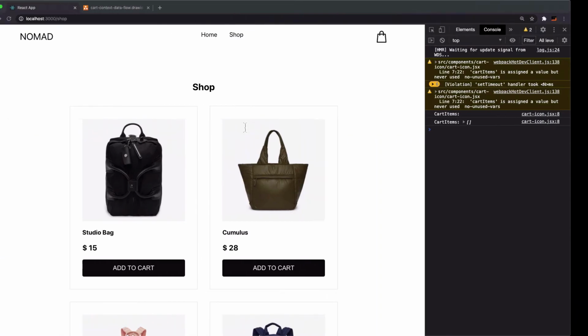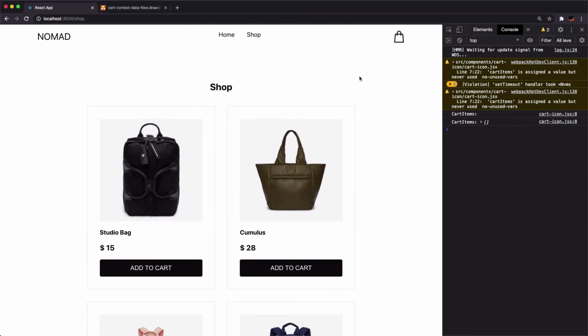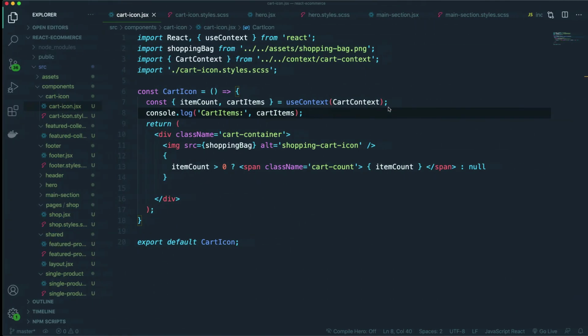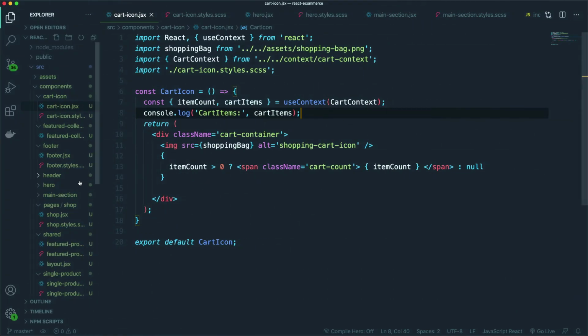So if you go back now, this is the component that we've just updated. That's what we're logging out here. The cart items at the moment is an empty array, which is the initial state. So that's good. Now if we go back to the featured component here,